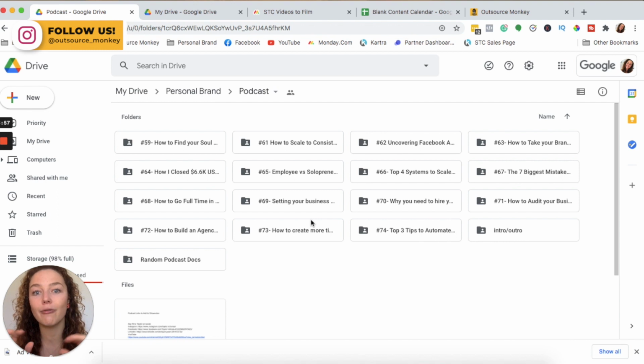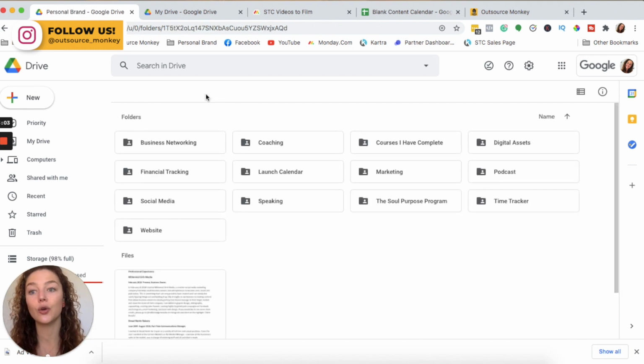It's all there ready to go. So in any type of business that you're building, your Google Drive needs to be super, super organized. Try not to have too many floating documents down the bottom here. Try to have everything categorized, unless, like this, for example,